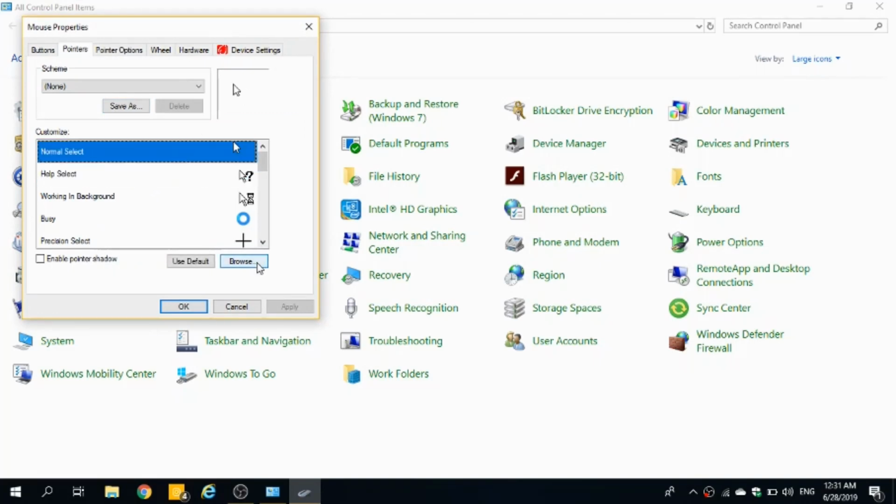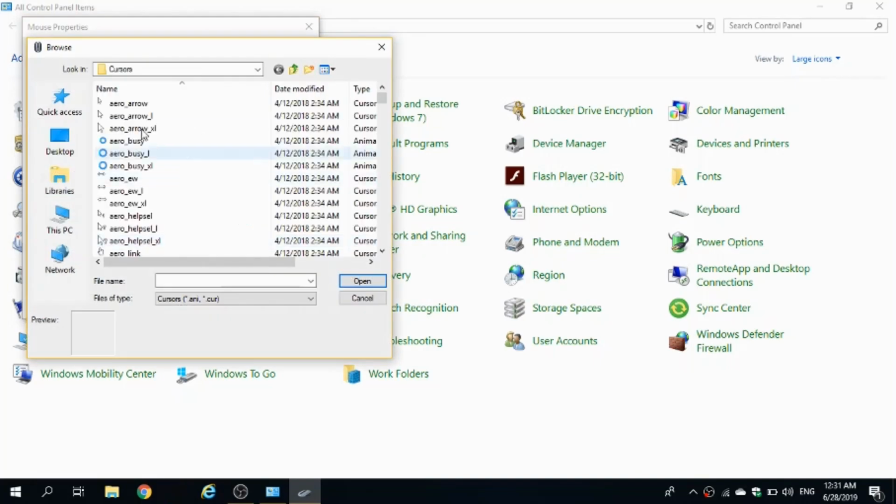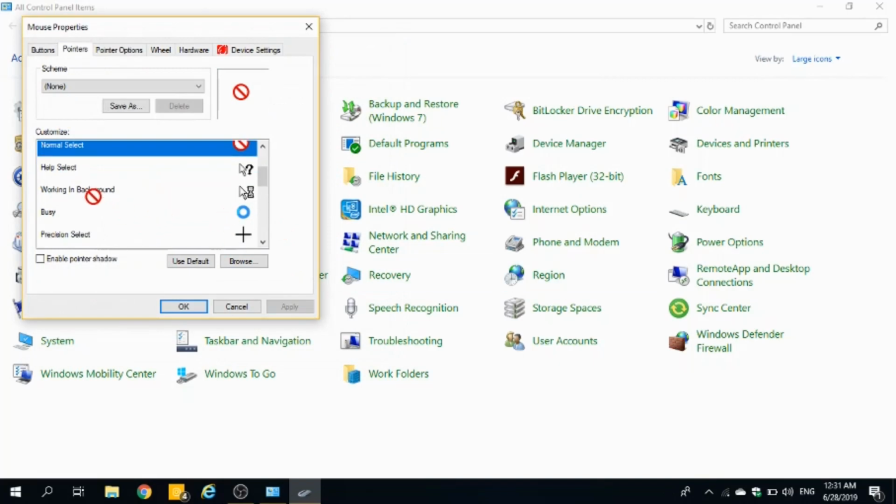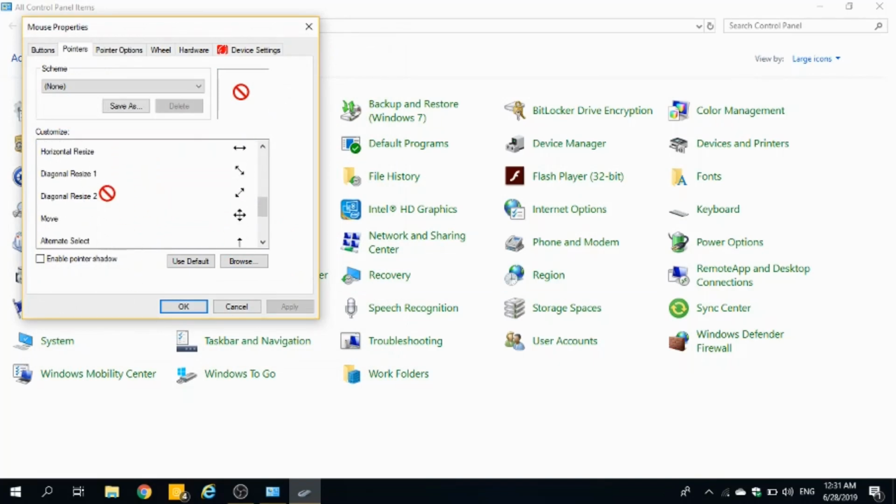Like I wanna change my mouse cursor. I go to here, and like see this, apply. See? Okay guys, you can change anything from here to anything you like just by clicking on it, then